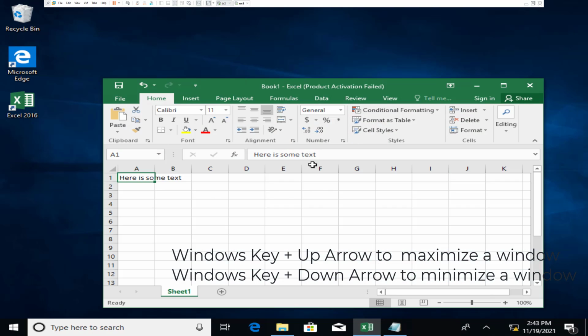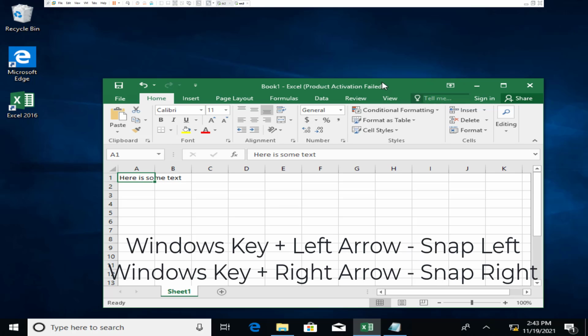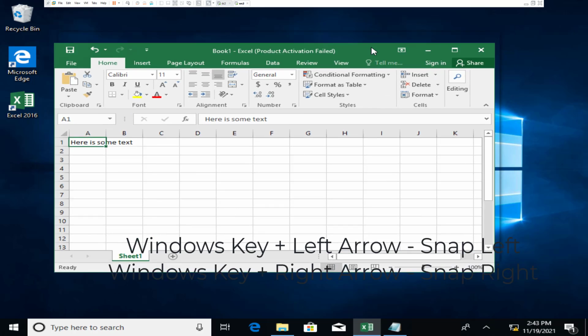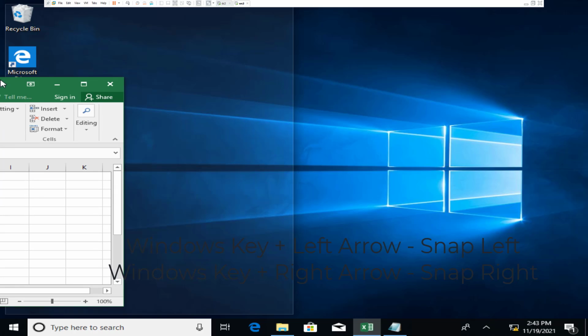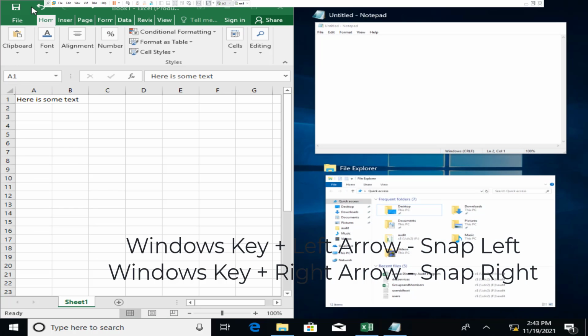So that's another really quick and dirty one that you can use to minimize or maximize stuff. The one that we use a lot is snap left and snap right. You can take the top and hold on, left click on the mouse and then drag it over till it kind of shows up half the screen, and that'll make that particular program or window exactly